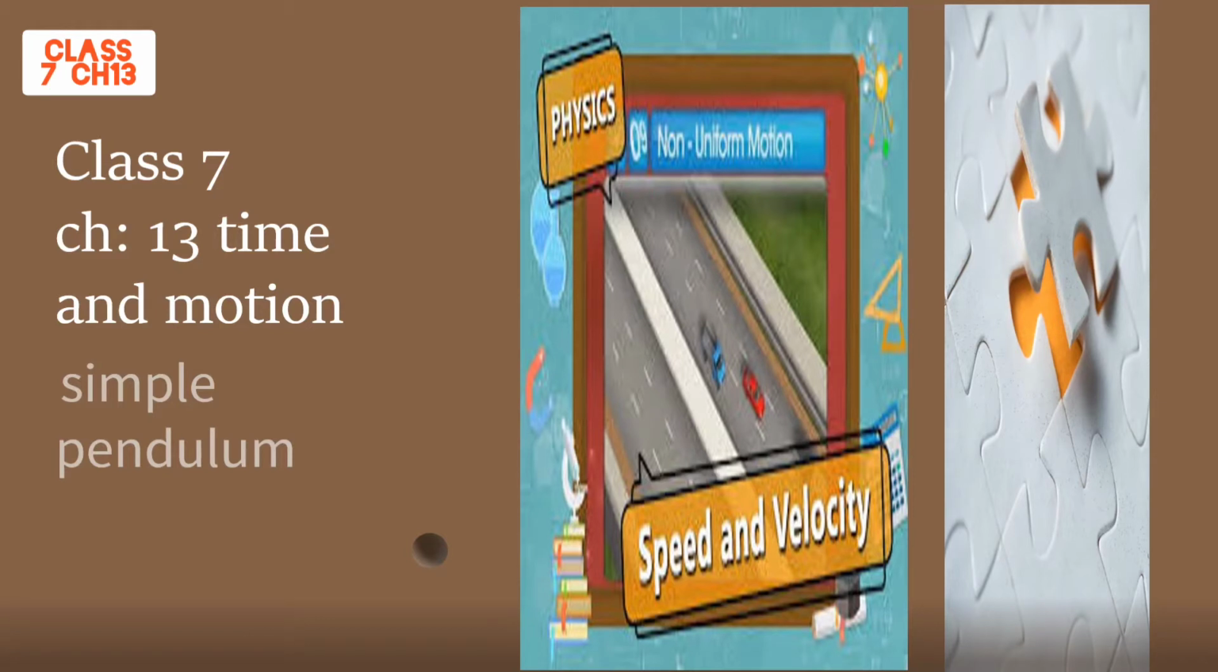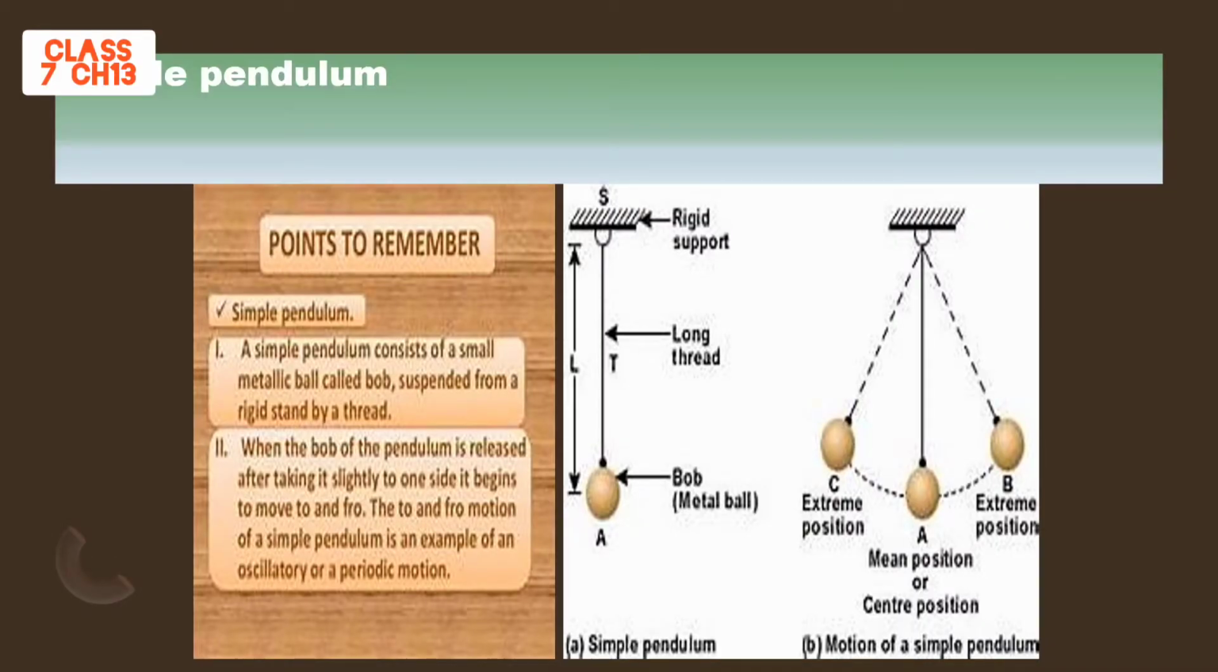Today we are going to study about simple pendulum, uniform motion, non-uniform motion and velocity. Now let's start. Now coming to simple pendulum. A simple pendulum consists of a small metallic bob which is suspended from a rigid stand by means